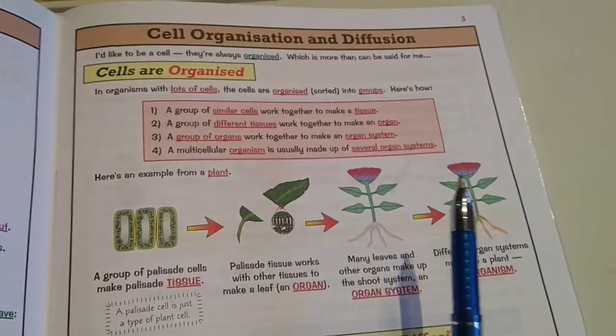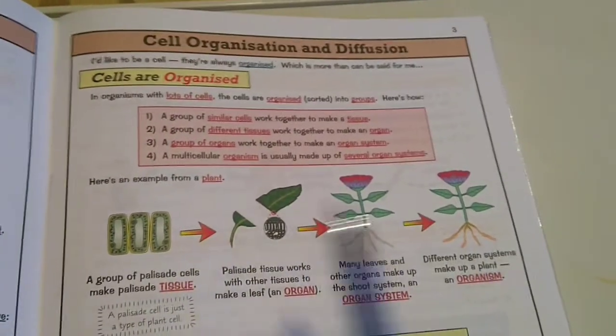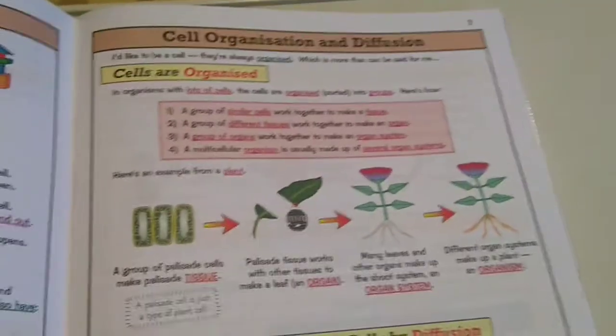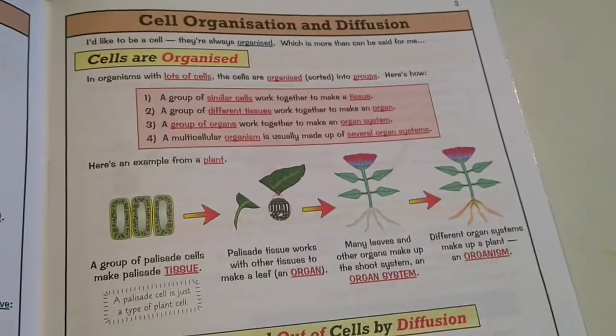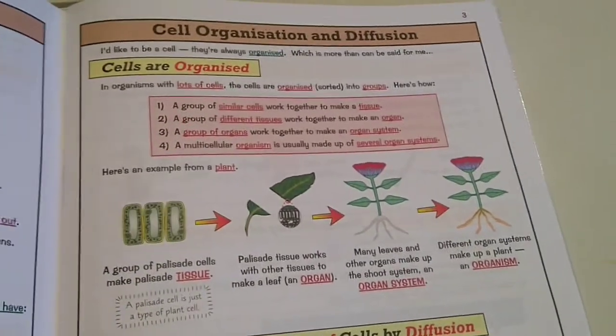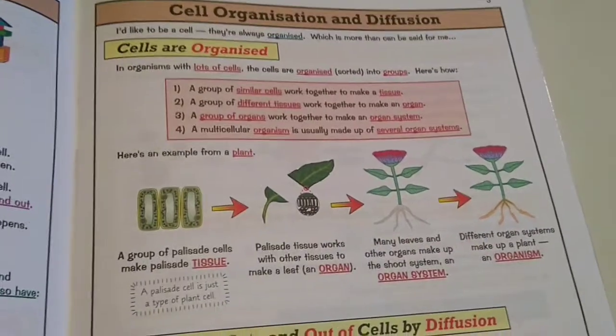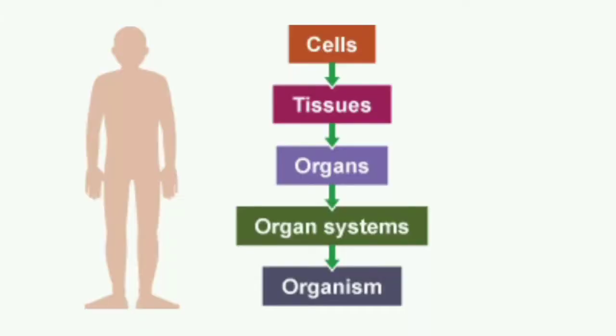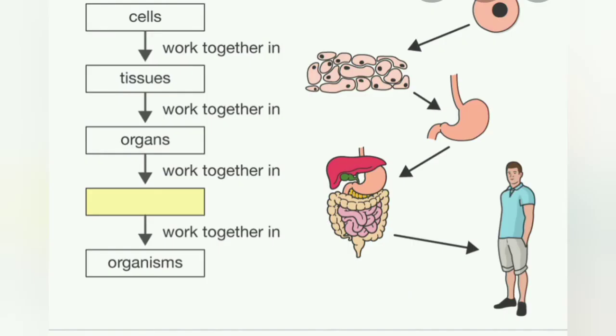So again I say the smallest building blocks of all living organisms are cells. So we will study in the next video what a cell is and how the structure of the cell looks like, what is present inside the cell. I hope you all understood the organization of this cell in tissue, organ system, and organisms. Now there is a task for you all to find out the missing thing in this